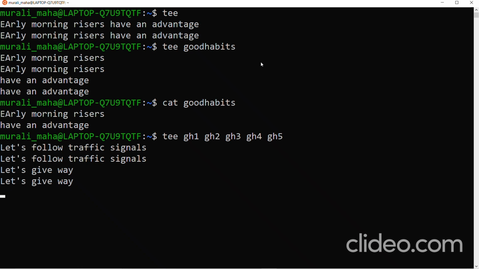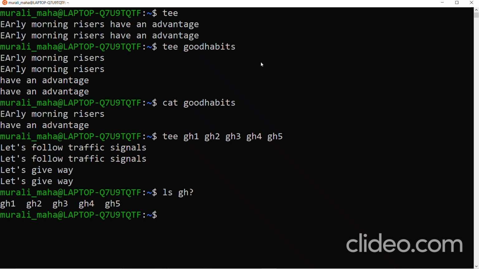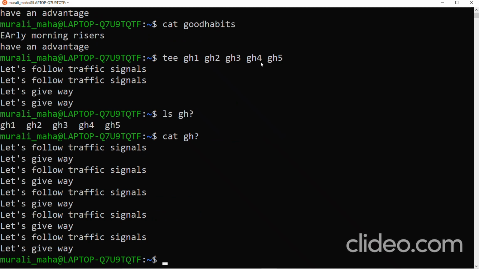So I have typed two lines. I'm pressing Ctrl D. So all these files would have been created. ls gh question mark. All these files have been created. Cat gh question mark. So what are the contents of these files? In all these files, the content is the same thing.